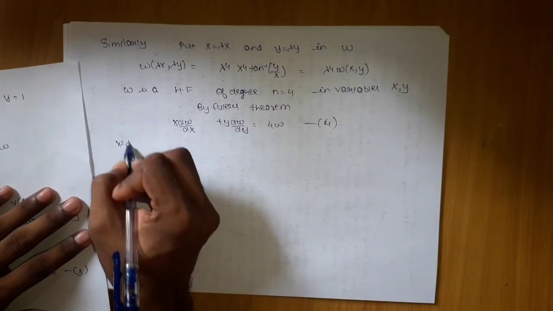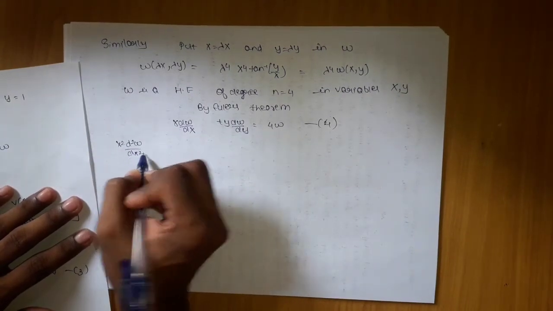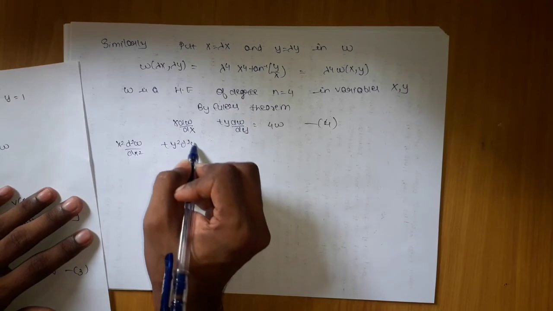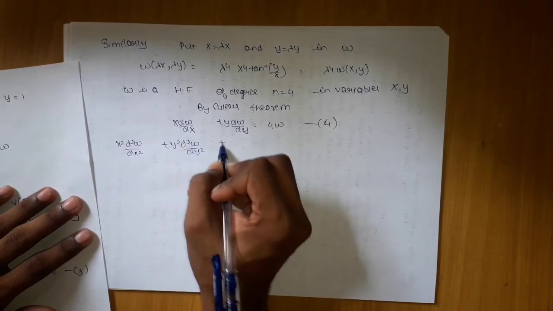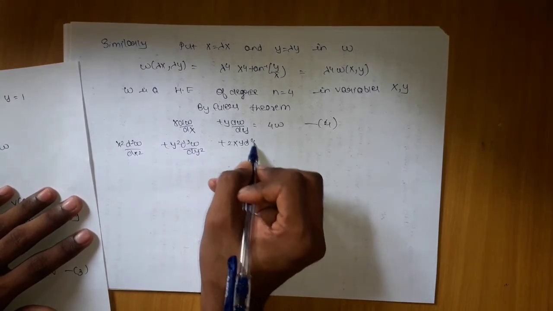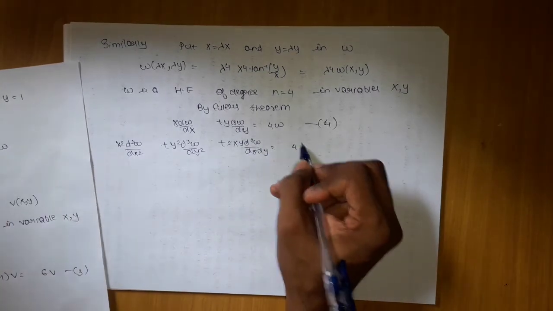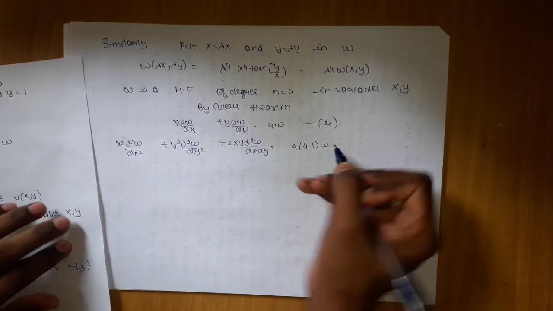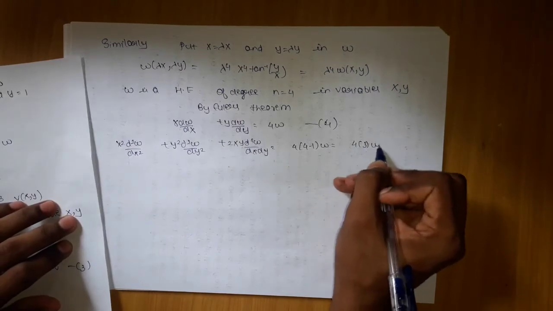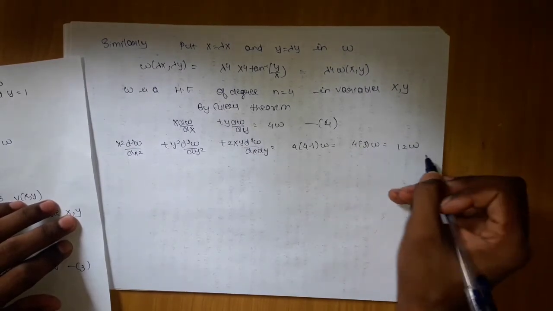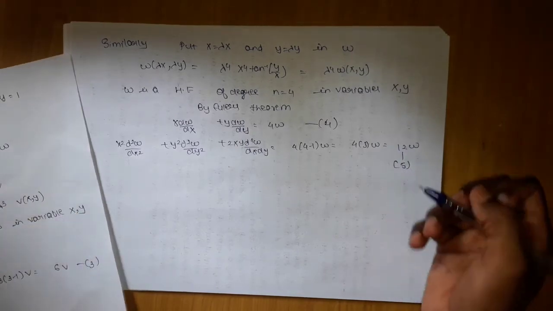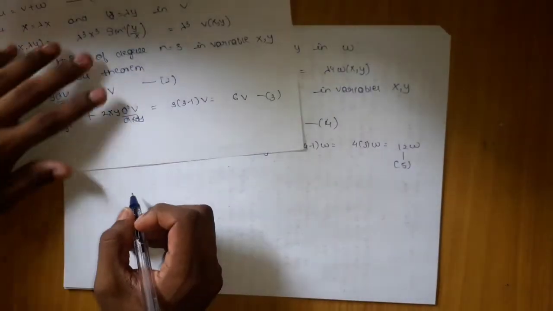Similarly, x² ∂²w/∂x² plus y² ∂²w/∂y² plus 2xy ∂²w/∂x∂y is nothing but n into n minus 1, so 4 into 4 minus 1 into w, which is nothing but 4 into 3 into w, which is 12w. So we are going to write it as 5. Now if you observe the proof,